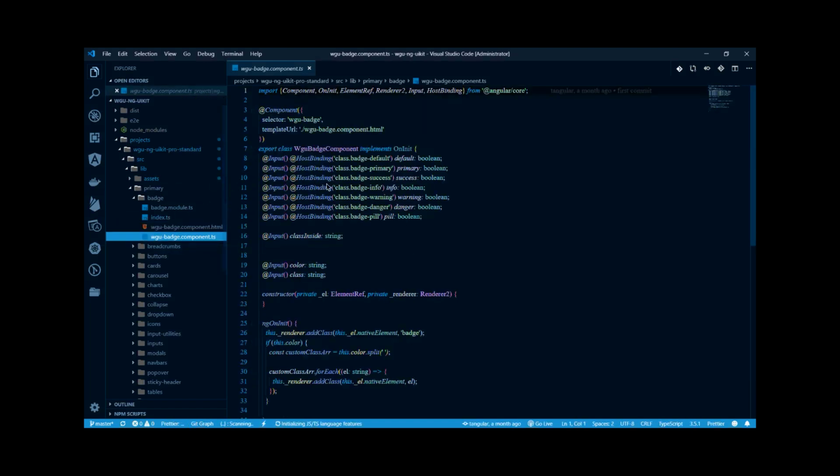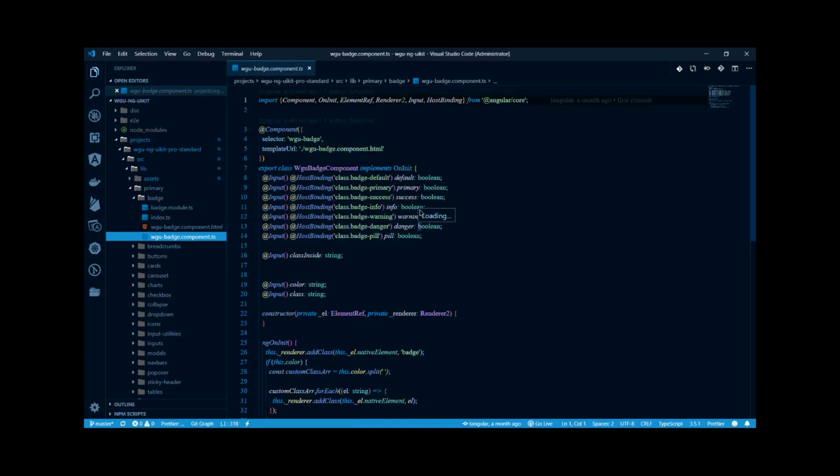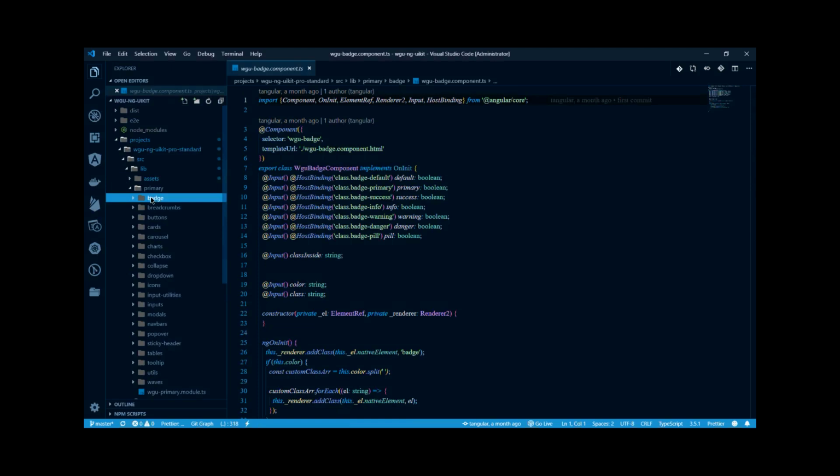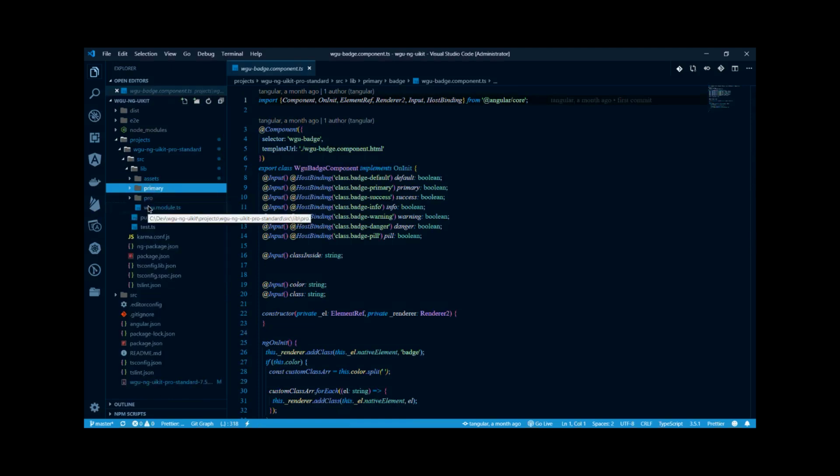When I go in here, there are the classes that I've created as those inputs. So that's what you call in the application to determine which one you're going to use. I also have some more pro, but